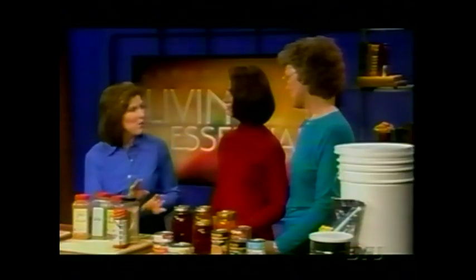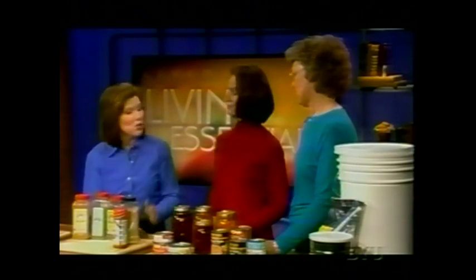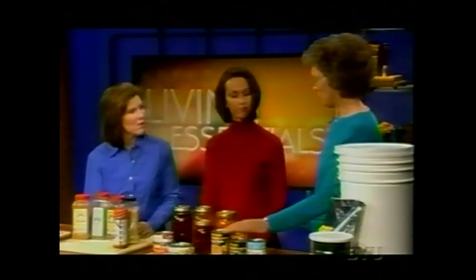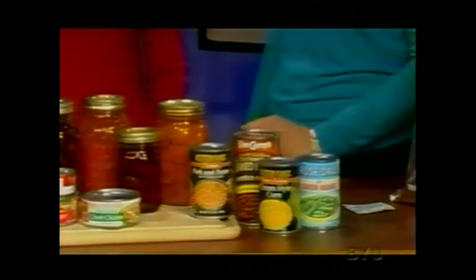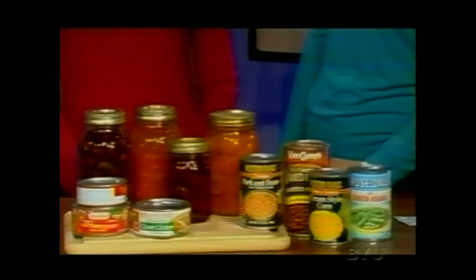Well, you're speaking also of cans with dents and bulges. What are the optimal or recommended containers to use for canning fruits and vegetables, or for storing fruits and vegetables or meat? Well, you would want to store commercially canned meat, or of course if you're bottling it, you'd need to be sure to pressure cook it. That's a really important thing to be aware of. Let's talk about this